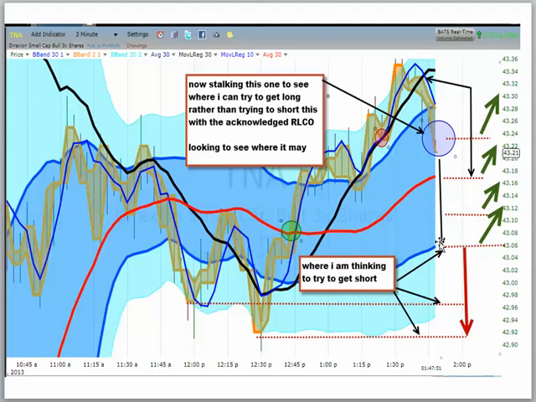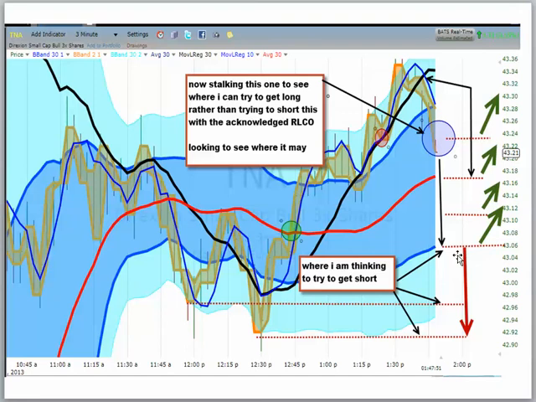And the last place that I would look for it is at the bottom edge of the river, in this case around 43.06. If it came all the way back here, I would be willing to buy it again, because once more, that's consistent with buy strength on dips, and all of those are places that if it reversed, then the uptrend is still not violated. However, if it fails outside of the river, if the ribbon comes all the way through the river,